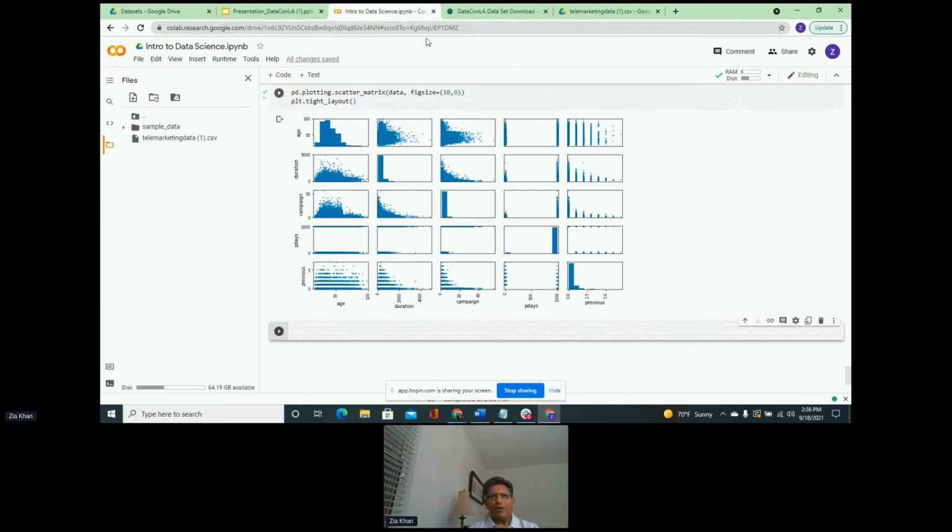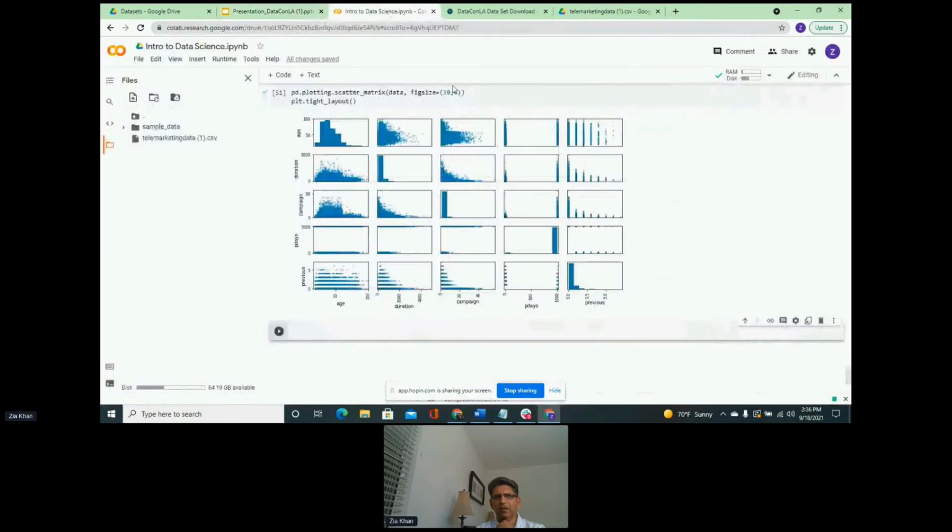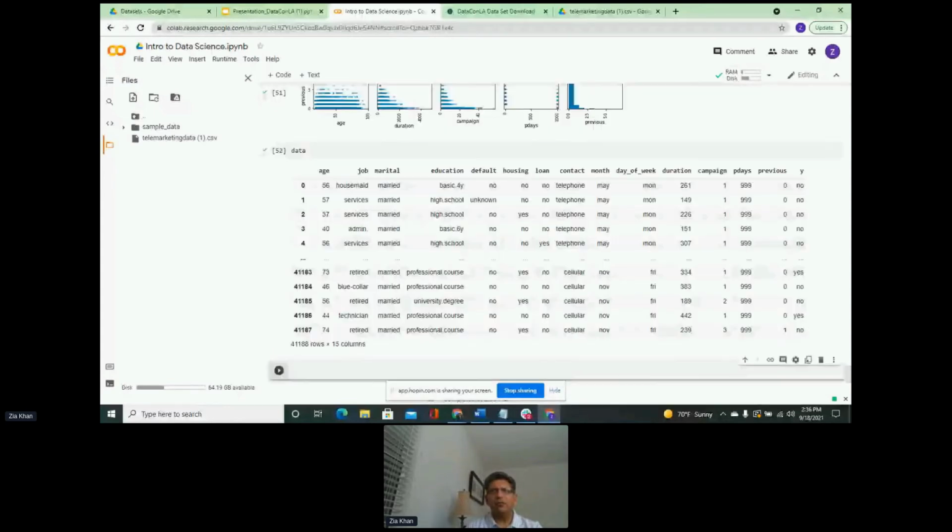Okay, so let's go back to our presentation slide and see that we have analyzed the data. So we were doing some data analysis and we have analyzed the data a little bit. So our next step is data prep. So now we want to actually take our data and prep it in a way so that we can feed it to an algorithm. So this is our data. Let's go back and have a look at the data again. So this is our data, and we want to organize it so that we can see what kind of prep we have to do to actually make the data fit the algorithm.